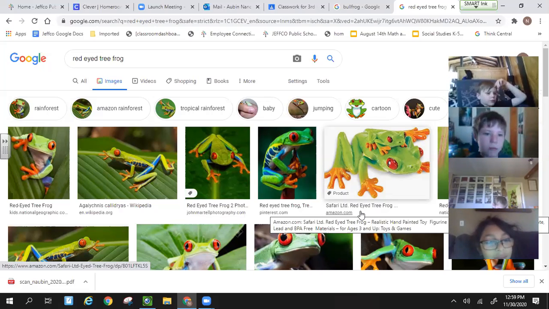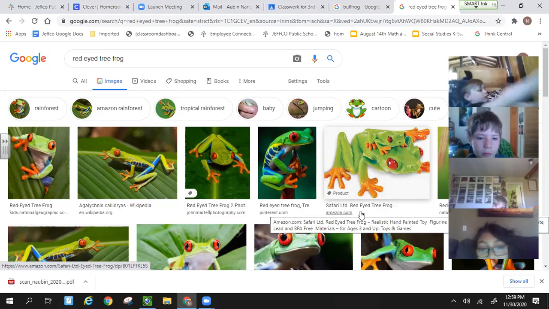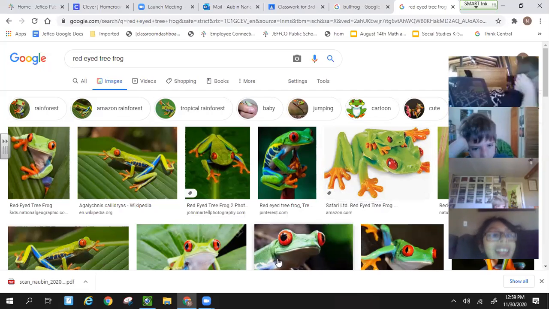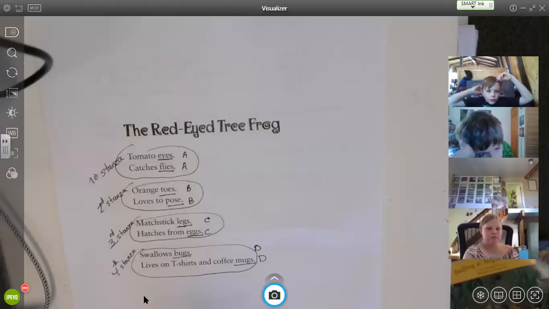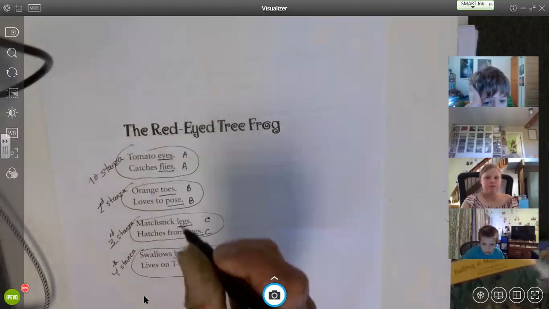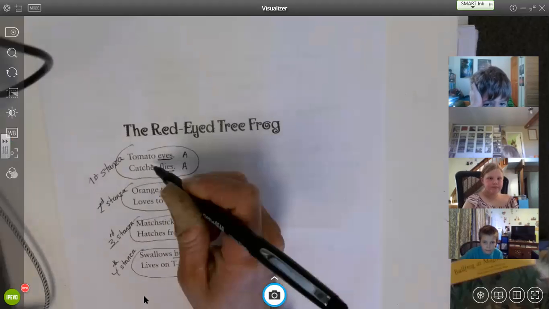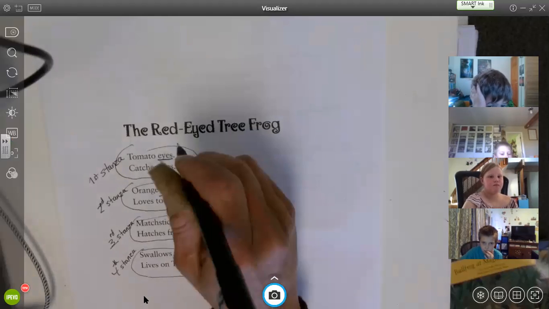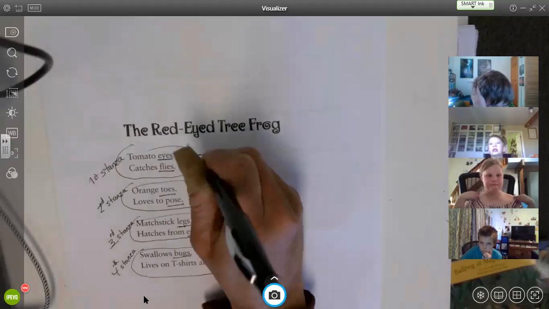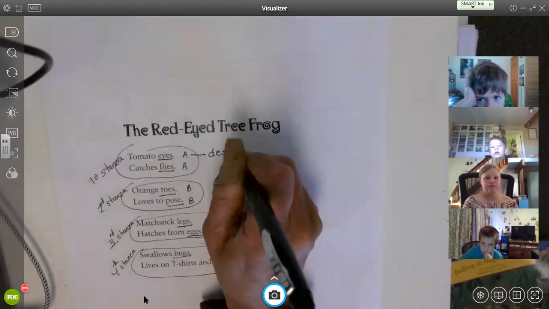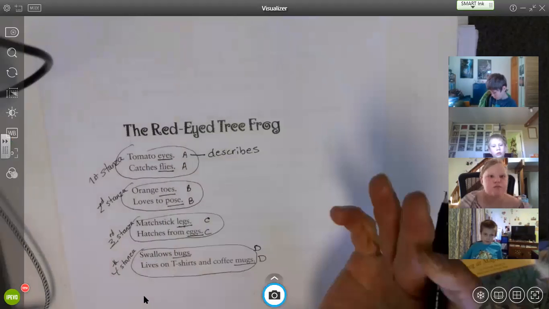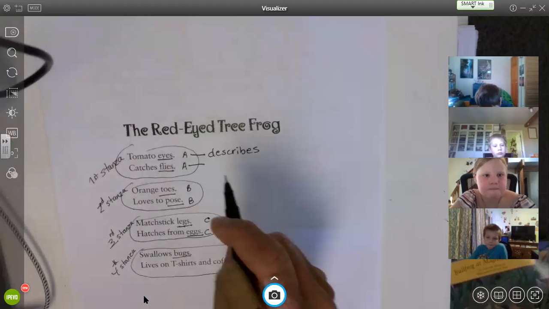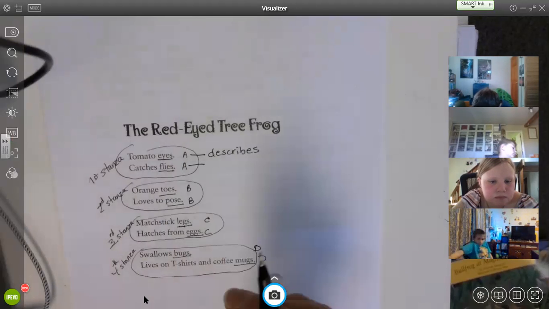So calling them tomato eyes makes sense, doesn't it? Let's go back to the poem. So now we understand that part of figurative language. We're gonna skip, so tomato eyes, the first line here, it's describing a part of our frog. What about the second line of the first stanza? Catches flies. Is that describing what it looks like